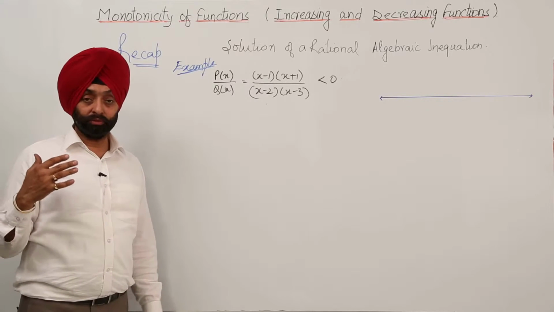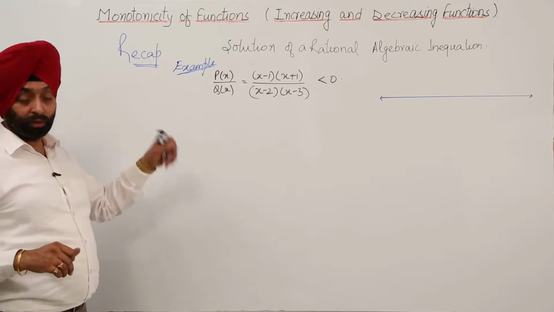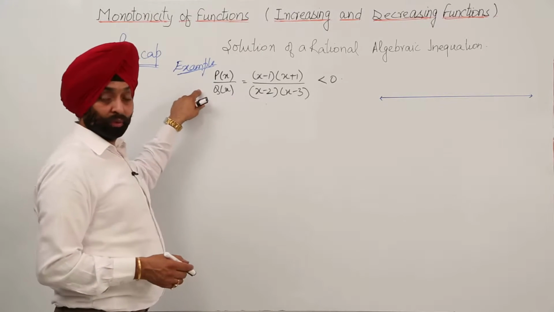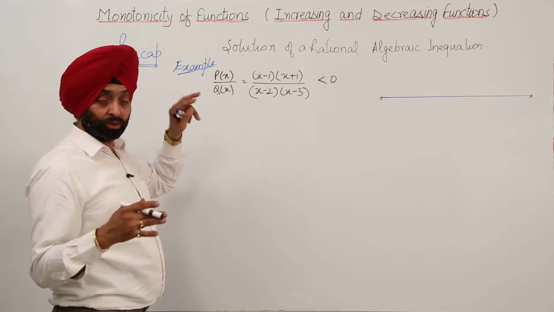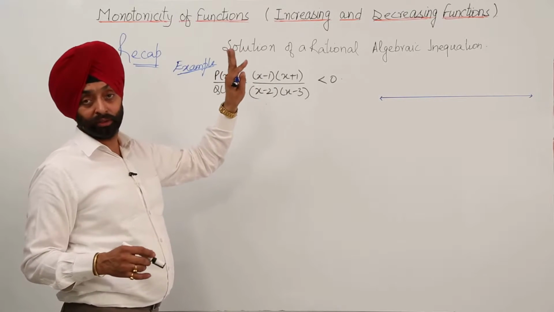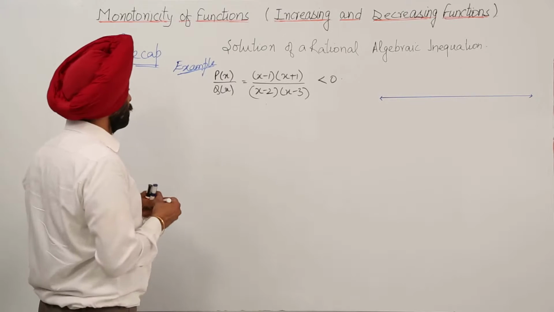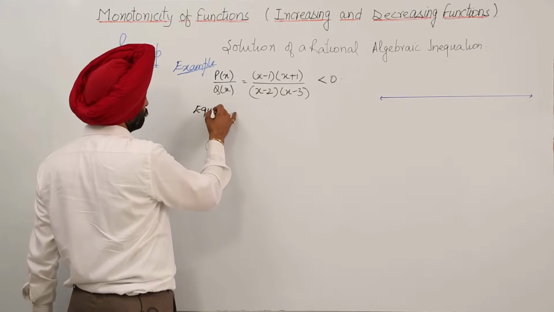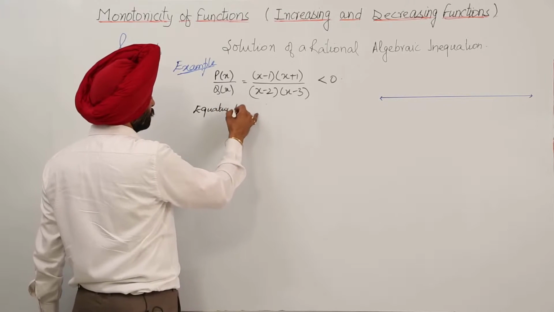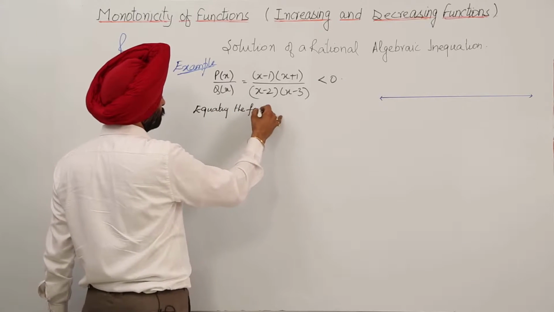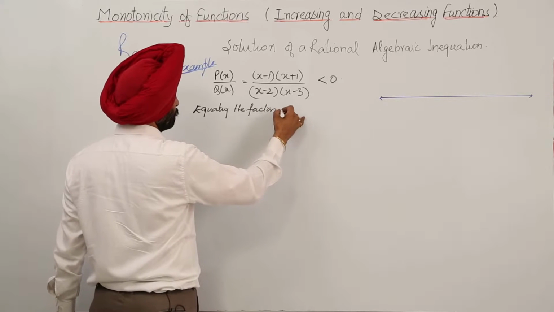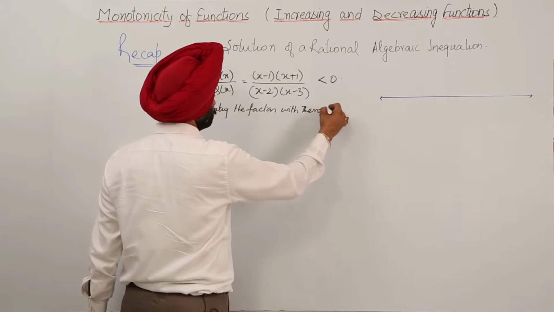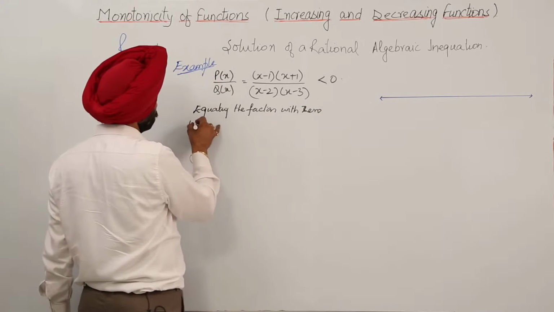Let us move for a small recap with the given example. Now we are here having that p(x) upon q(x) after solving. It was a question. Now after solving we get these as the linear factors. Okay. Now equating the factors with 0, we get